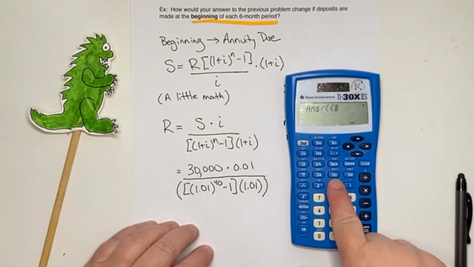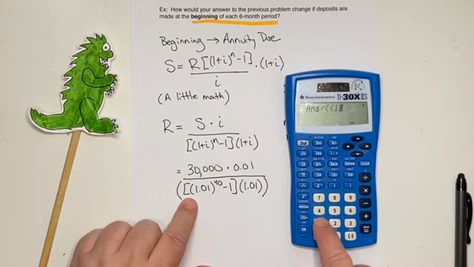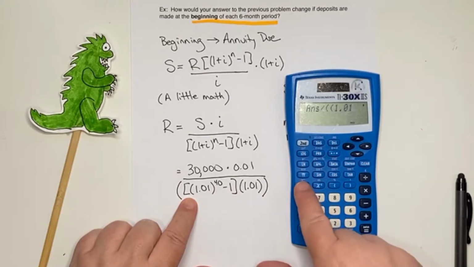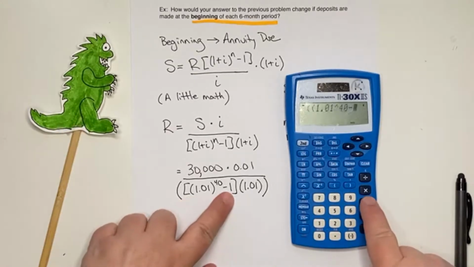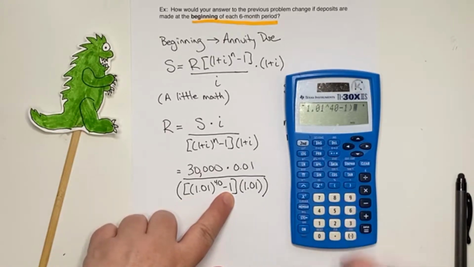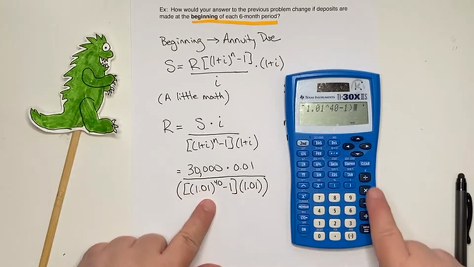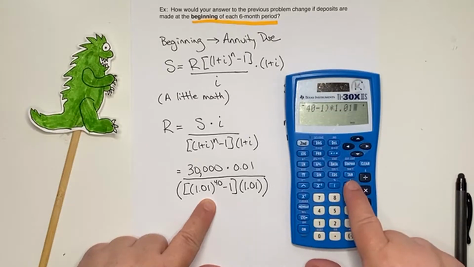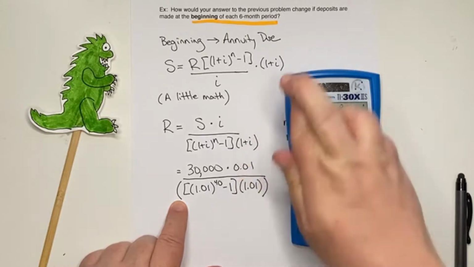And then I've got a second set of parentheses just inside here to do 1.01 raised to the 40th power. I'm going to subtract 1, close that set of parentheses. And then I'm going to say multiplied by 1.01, close the big parentheses, cross our fingers,